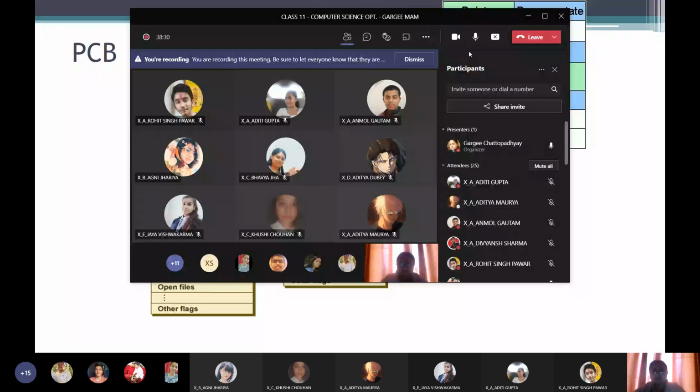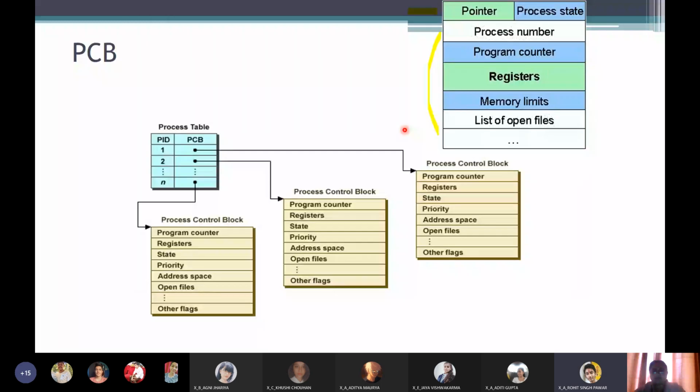Rohit, can you try? What do you mean by a program counter? Ma'am, program counter is a register in a computer processor that contains the address and location of the instruction being executed. Yes, it contains the address of the next instruction which is to be executed. You had studied the fetch, decode, and execute cycle, where the control unit fetches one instruction. How does it know which instruction? It comes to know using the program counter for that process.